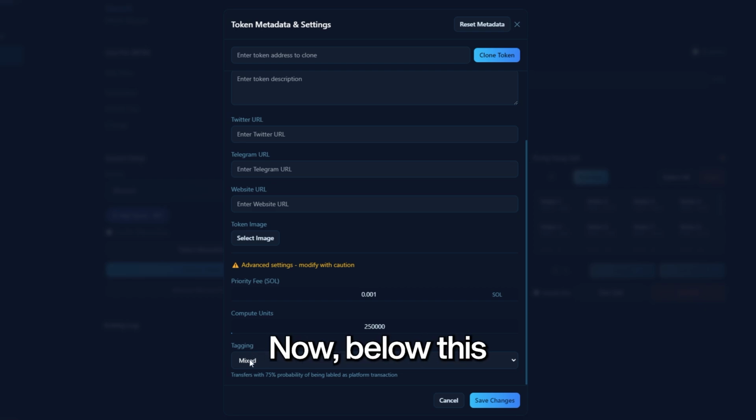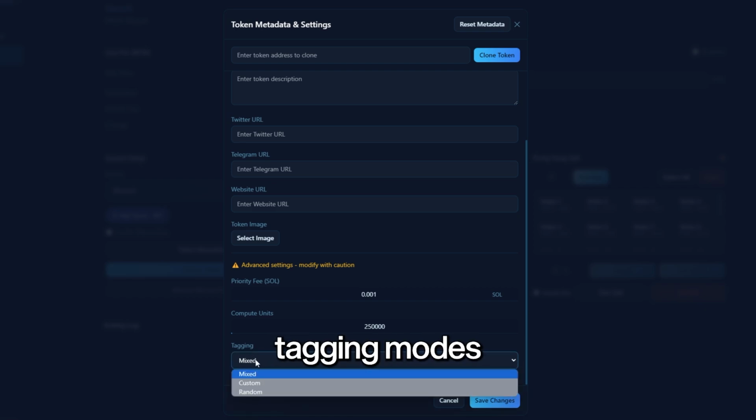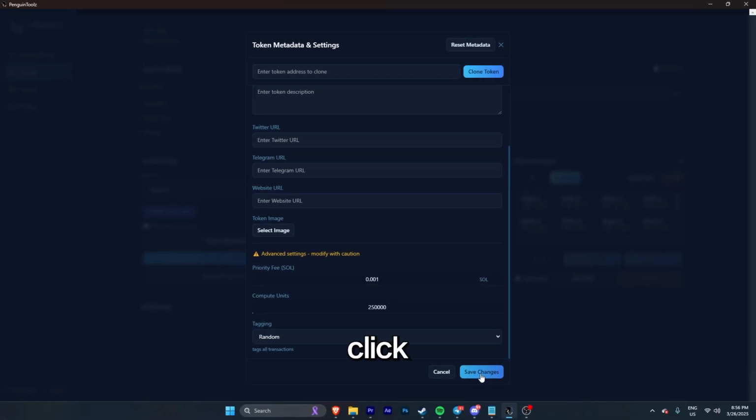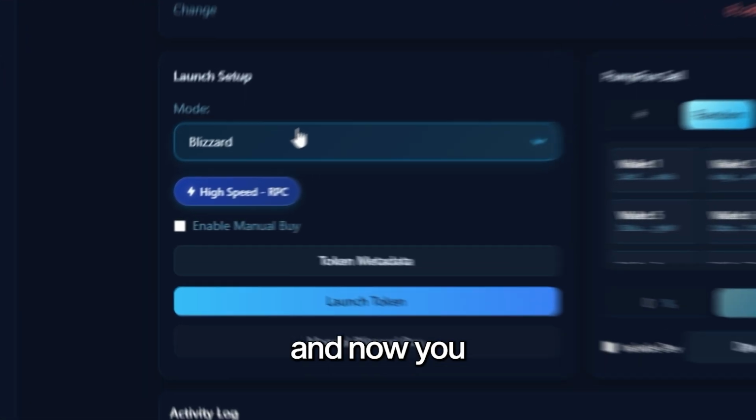Now below this, there's tagging, and we have 3 different tagging modes. Mixed transfers with a 75% probability as being labeled as a platform transaction. Custom uses the target set in Wallet Manager. And random tags all transactions randomly. I suggest using random, as it makes your wallet transactions look more organic. Once you've set up your token metadata, click Save Changes, and now you can choose which mode you want to